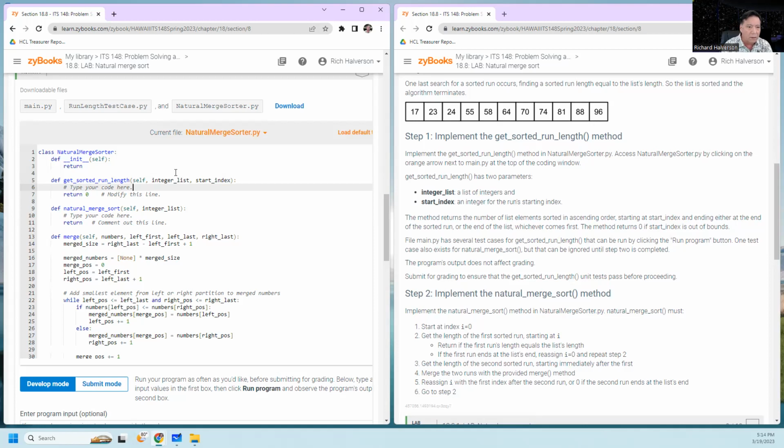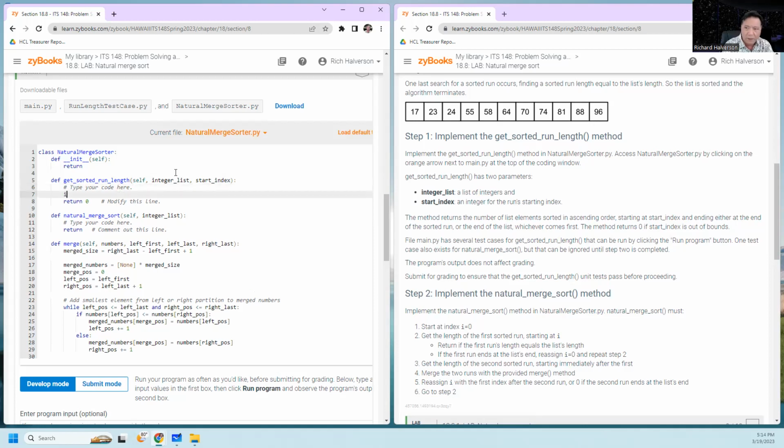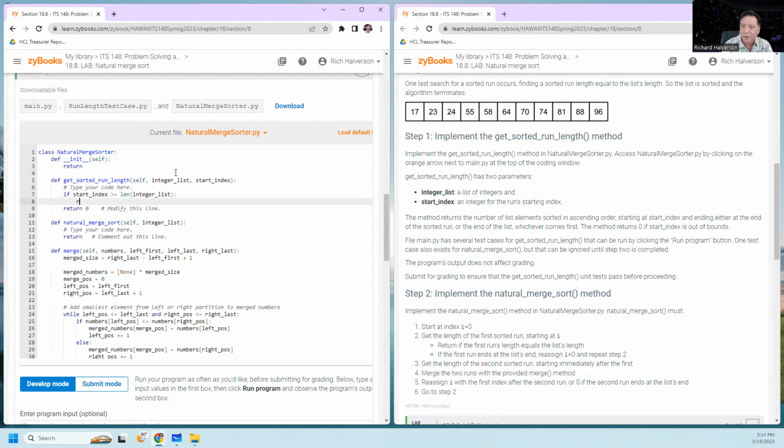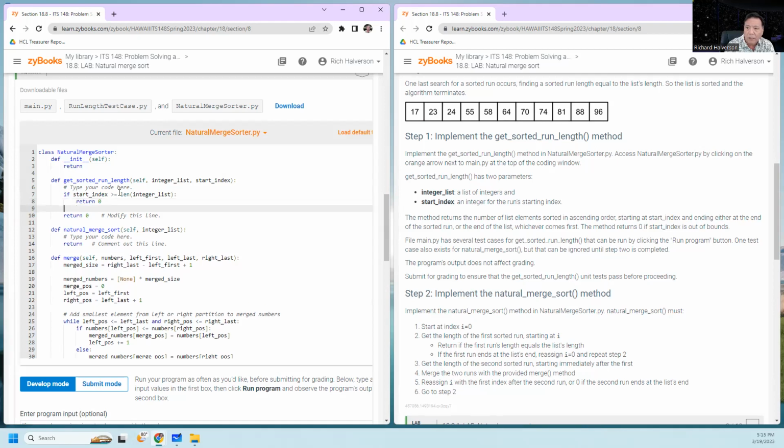I'm going to go if the start index is greater than or equal to the length of the integer list, if that's the case, then just return 0. Okay. Otherwise,